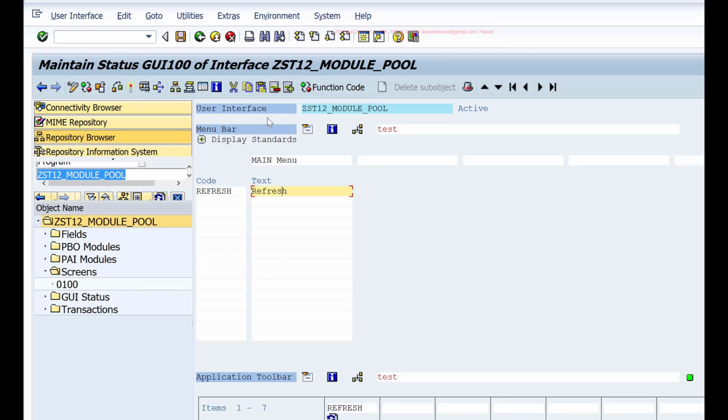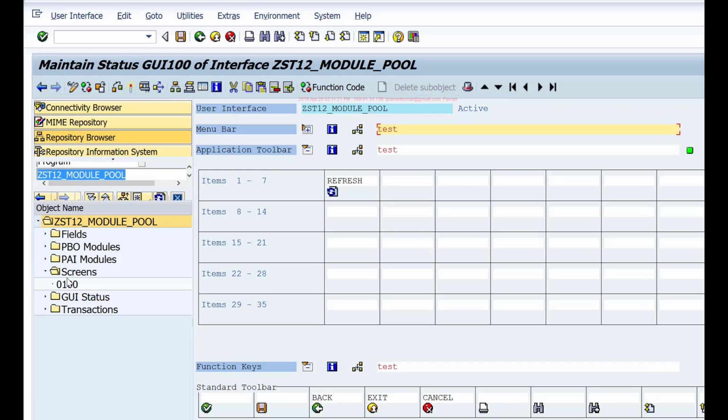Now to load this GUI status, my GUI status name is GUI 100. If you go to this folder GUI status, you'll see the GUI status is added here.